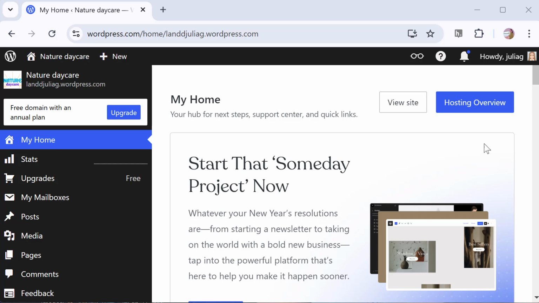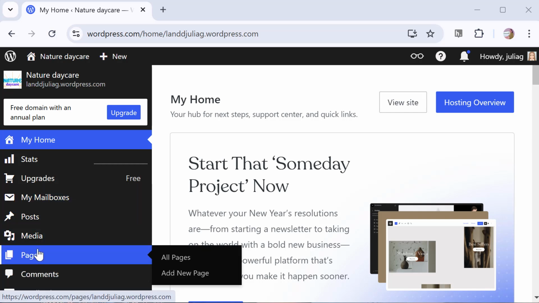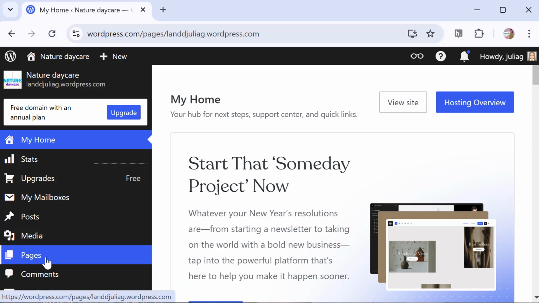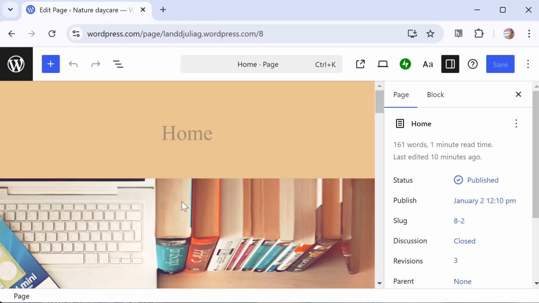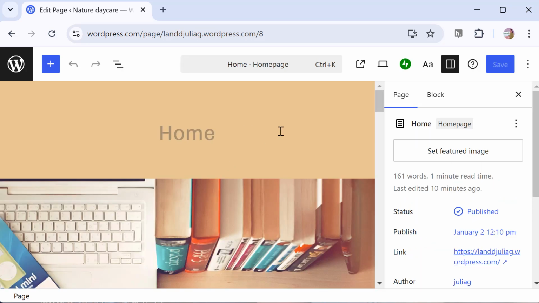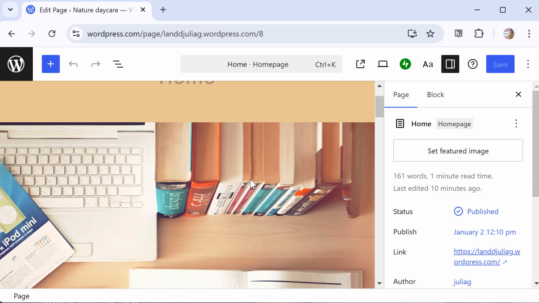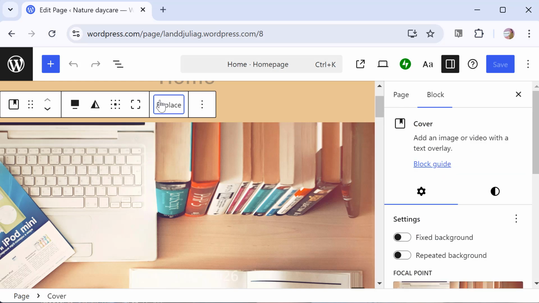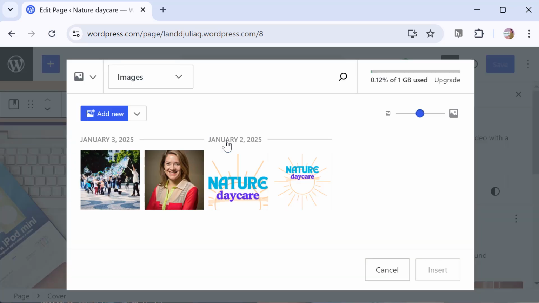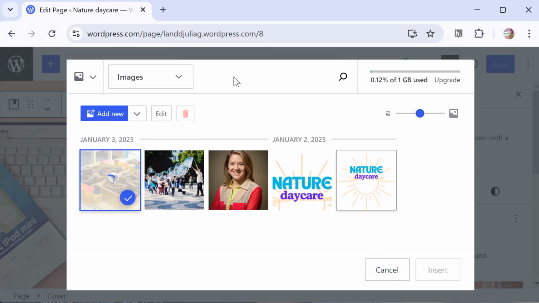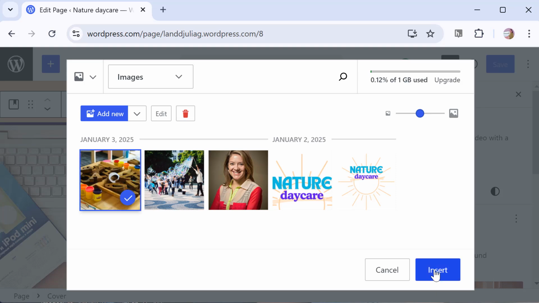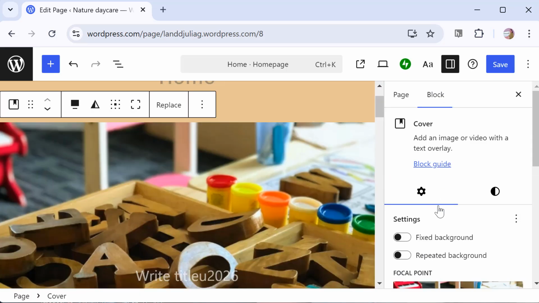We are going to set up the home page of this website in this quick video. So under Pages, go to Home. And from here, we're going to change the image and remove some of the layout blocks. So first off, just click on the image here to replace it. We're going to open up the media library, add new, the letter image, insert that,